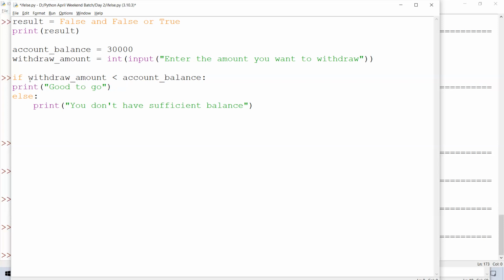This is called indentation, the default indentation. Then we give an else and a colon. Again, if we hit enter, it leaves 4 spaces, and then we give our statement. So if we run this now,